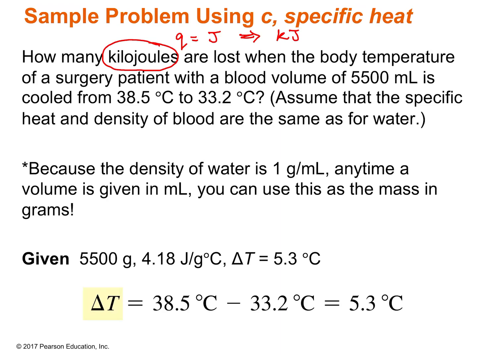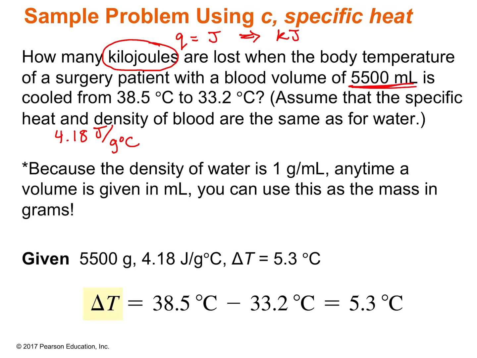Okay, so it says how many kilojoules are lost when the body temperature of a surgery patient with blood volume of 5,500 milliliters is cooled from 38.5 degrees Celsius to 33.2 degrees Celsius. So assume that the specific heat and density of blood are the same for water. Okay, so that means we know that the specific heat is 4.18 joules per gram degree Celsius,